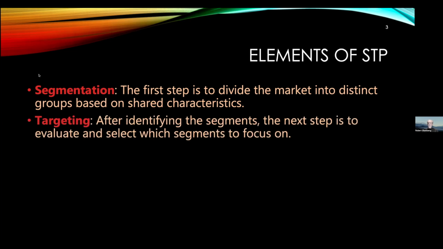Then we're going to talk about targeting, identifying which segments to go after. This is a critical decision. If you go after the wrong segments, your business can fail. And obviously, in entrepreneurship, we talk about the word pivoting. Some of the great examples are organizations that started out targeting one set of segments, pivoted, and became successful because they identified a different set of targets.